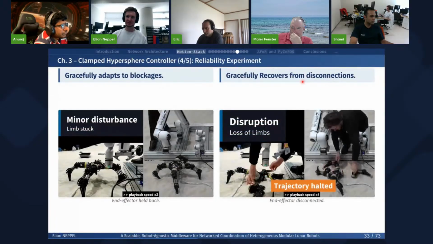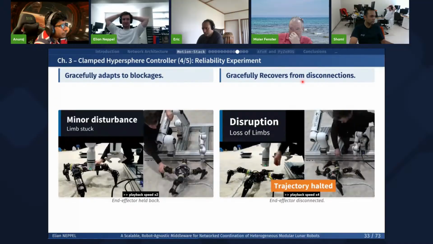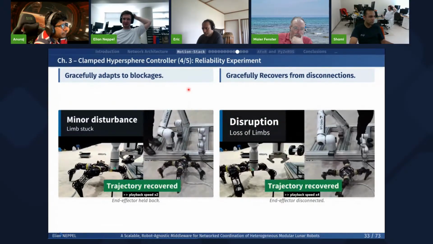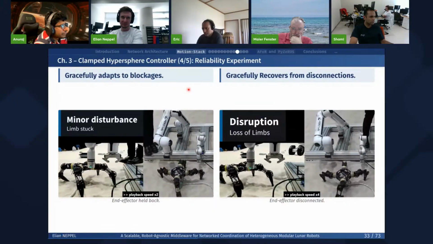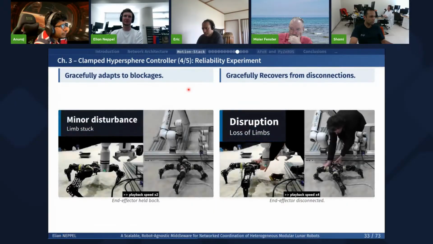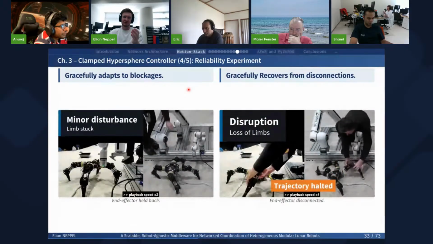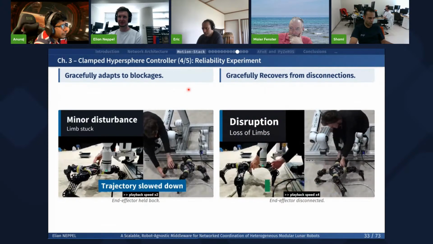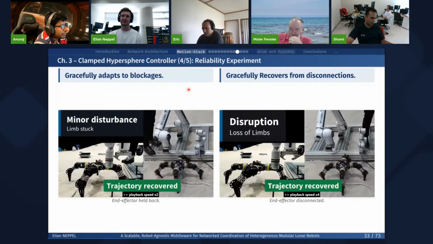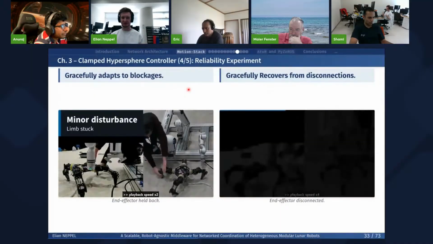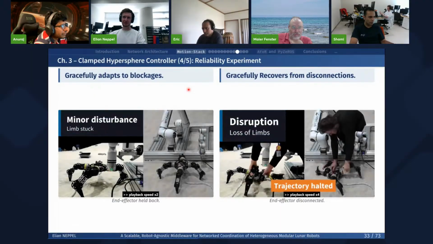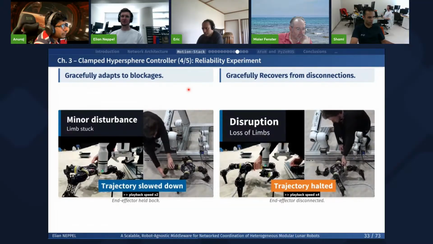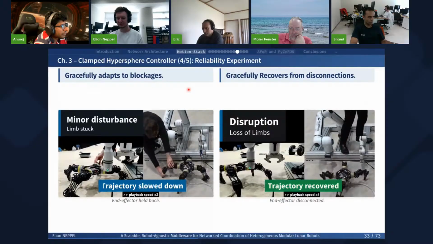And I think I showed this already before, around last year when I was here. I can block one of the end effectors with my hand, and then all of the other end effectors will stop and wait for the blocked actuator, and then simply continue as if nothing happened. I can also disconnect entirely one of the end effectors and one of the actuators. And when this happens, this is kind of like a Wi-Fi handoff or Wi-Fi disconnection. All of the trajectory stops. And when I reconnect everything, then the entire trajectory simply continues, almost as if nothing happened.